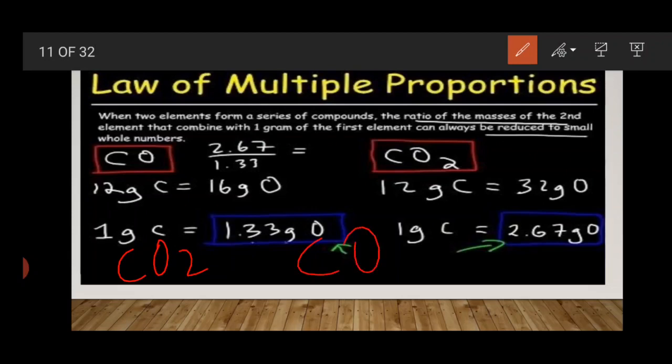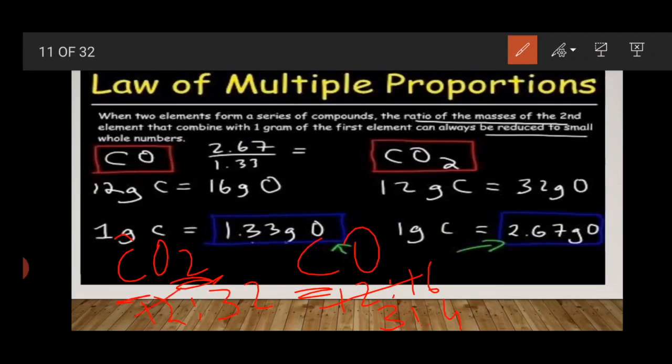But the thing is this, if we change the amount of oxygen a little bit, then the nature of the compound also changes. Instead of getting carbon dioxide, we will get carbon monoxide. For example, just see. Suppose CO2 and CO. Here one atom of carbon is there and one atom of carbon is there. So in both the cases, the number of carbon atoms is the same. What is changing? The number of atoms of oxygen. In carbon dioxide, 2 atoms of oxygen are there, and in carbon monoxide, 1 atom of oxygen is there.